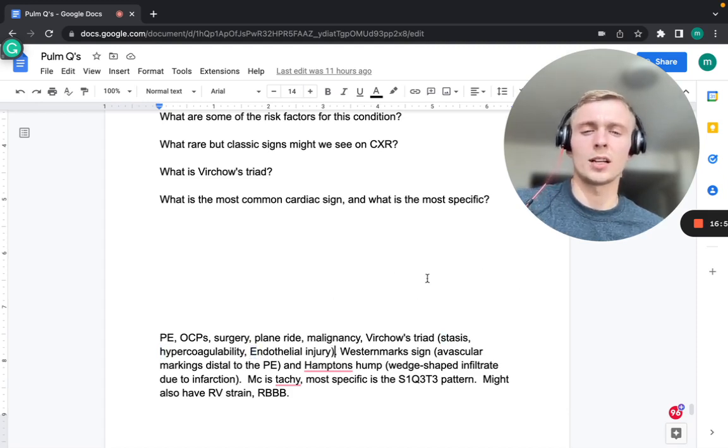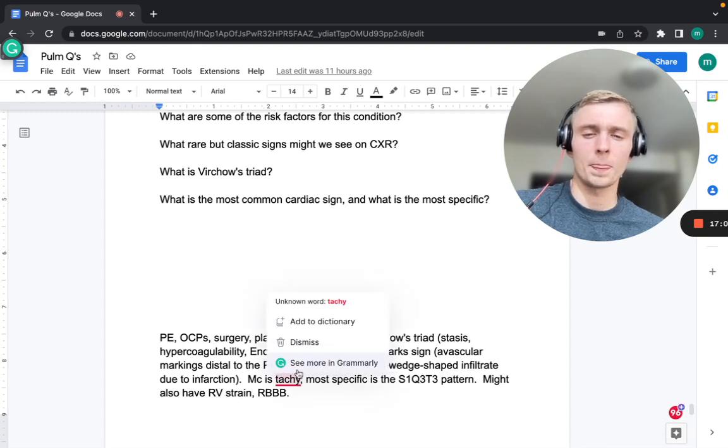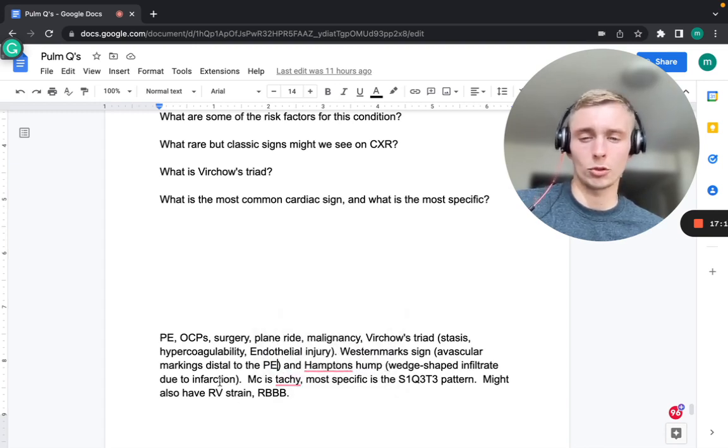The two signs on chest x-ray are the Westermark sign, an avascular marking distal to the PE where there's no ventilation and perfusion, and also Hampton's hump, a wedge-shaped infiltrate due to the infarcted tissue there. Again, Hampton's hump and Westermark sign are the two things we might see on chest x-ray, but